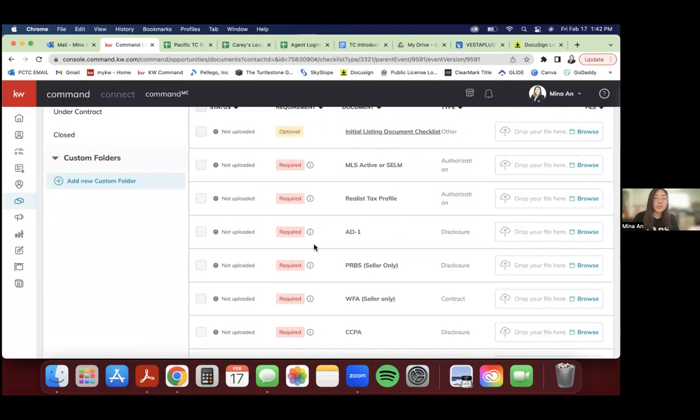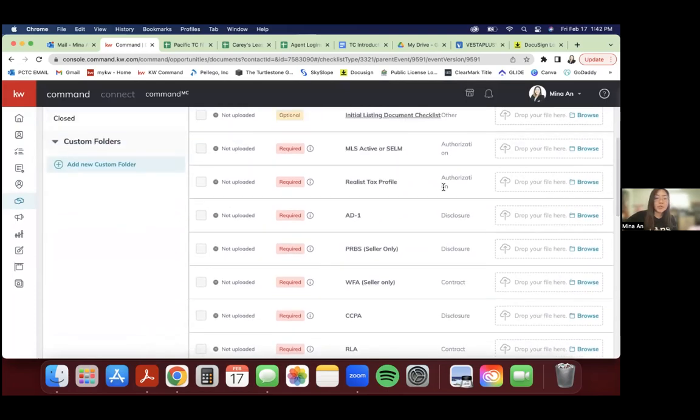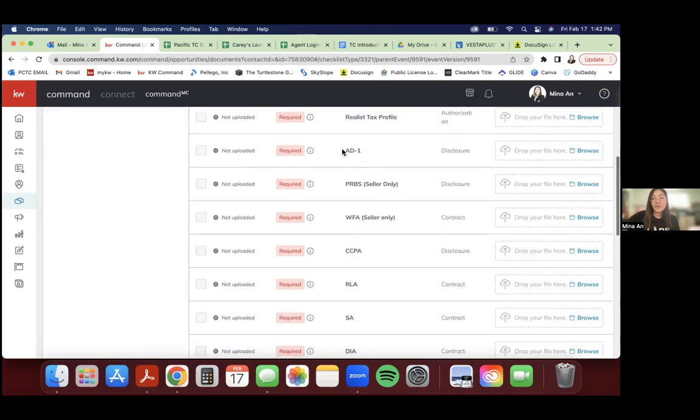So as soon as I receive a form that is fully executed and signed, I upload it. So for example, how you want to start uploading it is, let's say you have your listing agreement. It's fully signed by you and the seller, and you have it all separated, saved onto your desktop or anywhere on your computer. And you have it separated by these different forms. As you can see, it says here the agency disclosure, the possible representation of buyer and seller, the wire fraud advisory. So I usually save each document in a separate folder on my desktop,